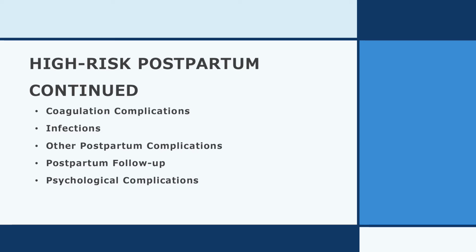Postpartum follow-up. What is postpartum follow-up all about? It's basically about educating the patients and their families of things to report to the healthcare provider. In this case, we're talking about mom. We want to make sure that she knows that she should contact her provider if she develops fever, foul-smelling lochia, large blood clots the size of a golf ball or bigger, bleeding that saturates a pad every hour, if they have discharge,